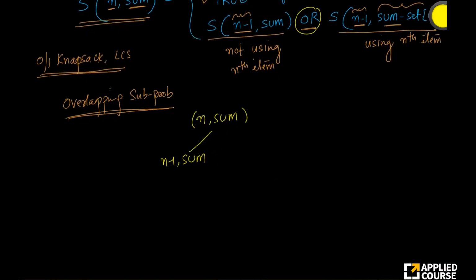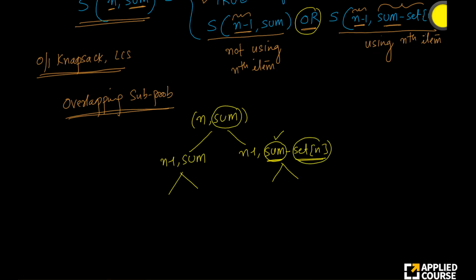In the worst case, we have to evaluate both, because if this is false, I have to evaluate this to return false, right? So n minus 1 comma sum, and n minus 1 comma sum minus set n, right? I'll keep going on like this, based on the values in set n and based on the numerical value of sum. Based on these exact numerical values, if I take a specific value for sum and specific values for set n, you will observe